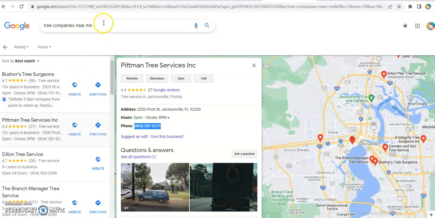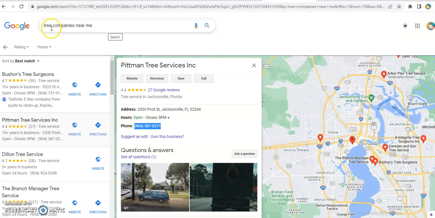Okay, so the first thing I do is I go to Google, and actually I'm gonna break down everything to you. I'm selling a bucket truck. It's one of my commercial vehicles. I just want to get rid of it. I'm not using it right now for anything. So I'm taking a very aggressive route to go ahead and getting it sold instead of waiting on an auction or a used seller of commercial vehicles.